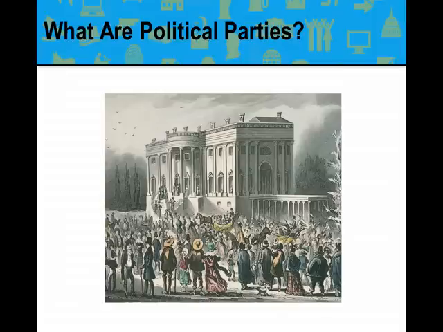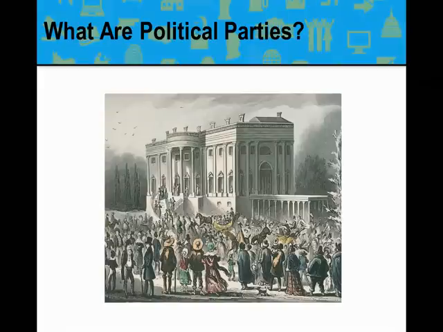So this is a painting showing Andrew Jackson coming into the office of the presidency, and he was a Democrat, and the Democratic Party of the United States is the world's oldest political party. It can trace its history back to Thomas Jefferson's Jeffersonian Republicans and later to Andrew Jackson's Jacksonian Democrats. The Jacksonians expanded voter participation and ushered in the political era of the common person, as shown in this image